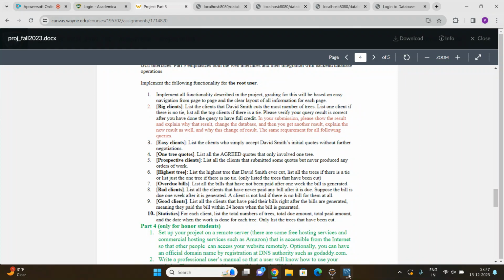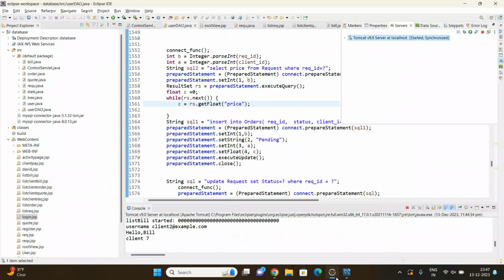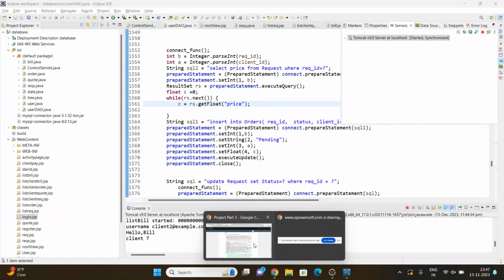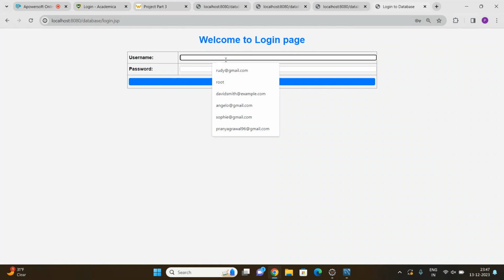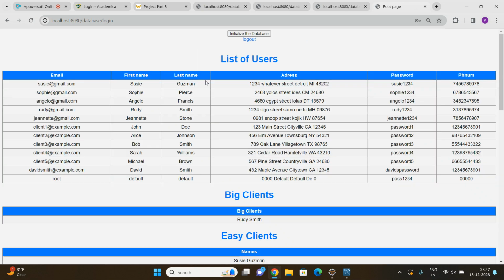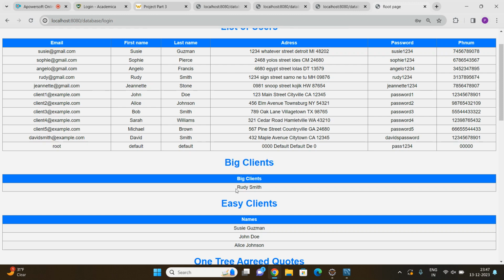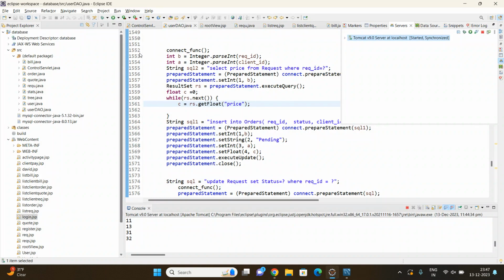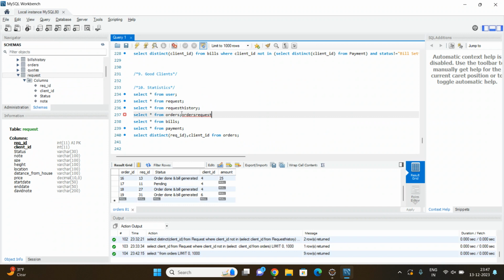So if we log into the root page, oh, sorry, root. Okay, yeah. So this is the root user's interface, and we can see here we have the list of users in the big client. Our big client is Rudy Smith. So this is the result, and if we check about the result,